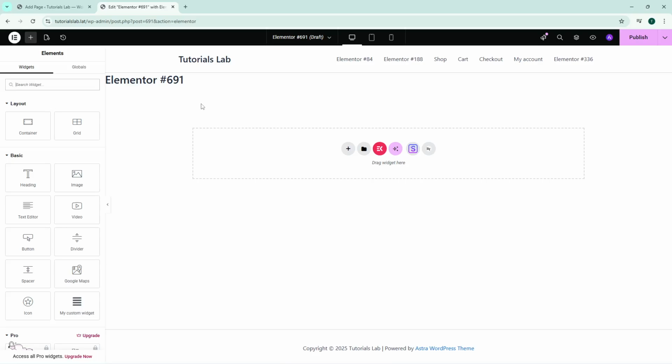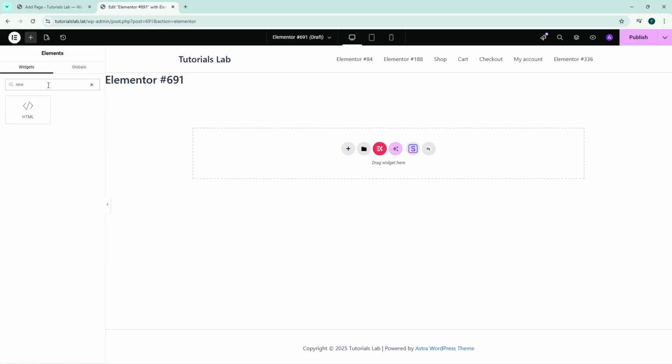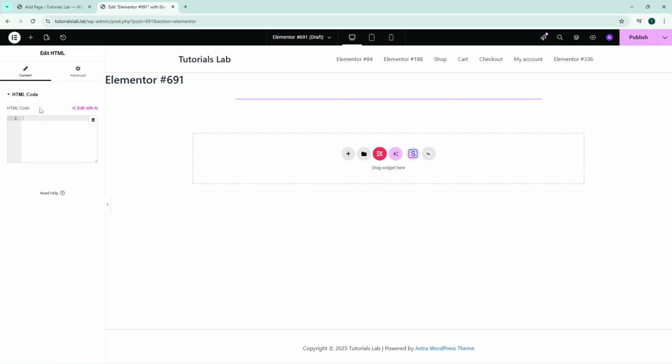On the left side of your screen, you'll see the widget panel containing all the elements you can add to your page. In the search bar at the top of this panel, type HTML. This will filter the widgets and bring up the HTML widget, which is exactly what we need to inject custom code into your page. You can either click on the HTML widget or drag it directly into your desired section